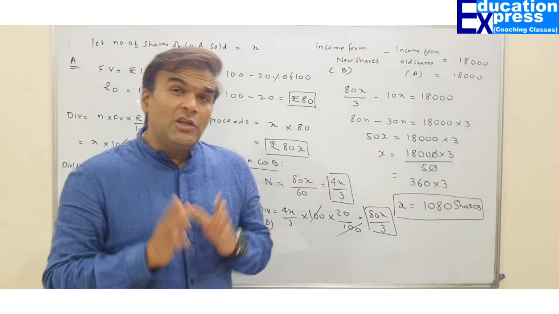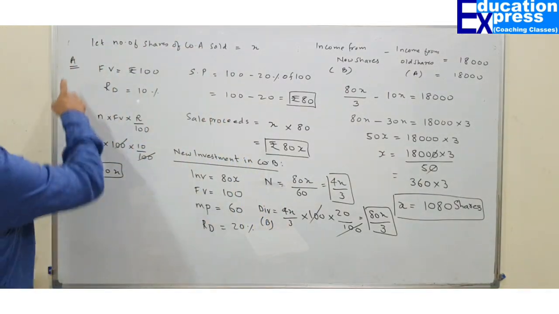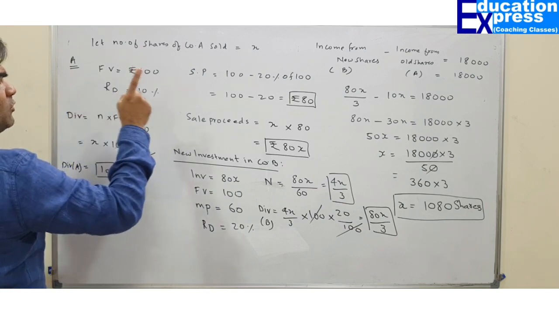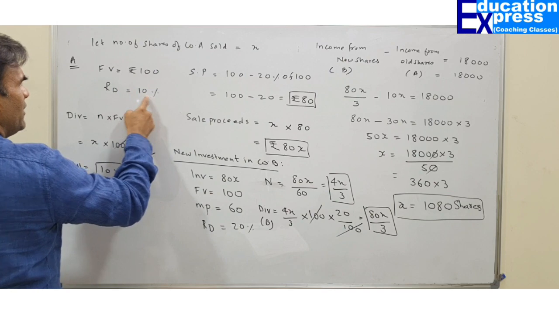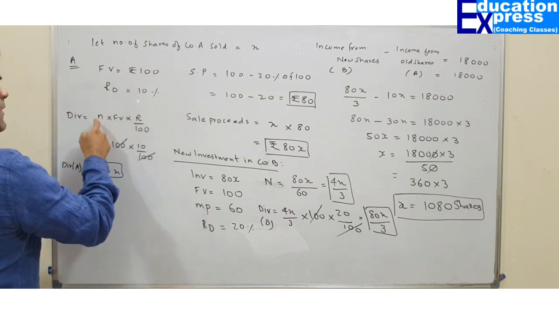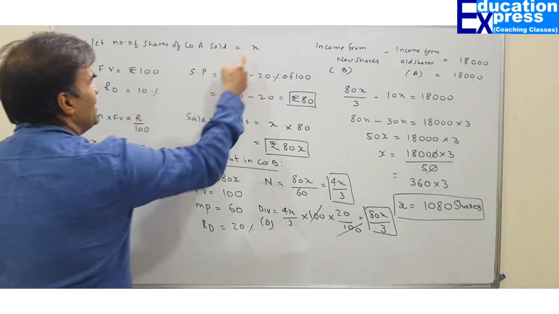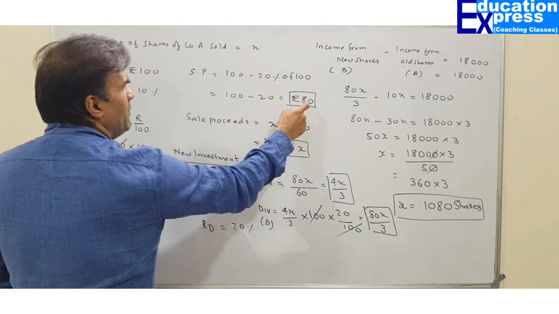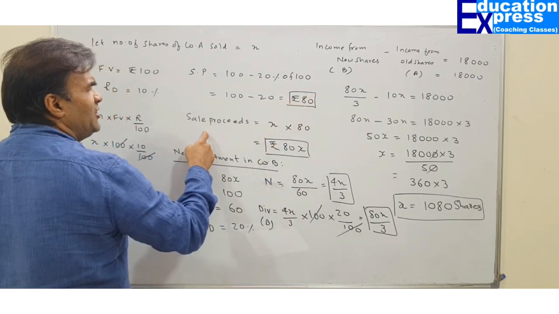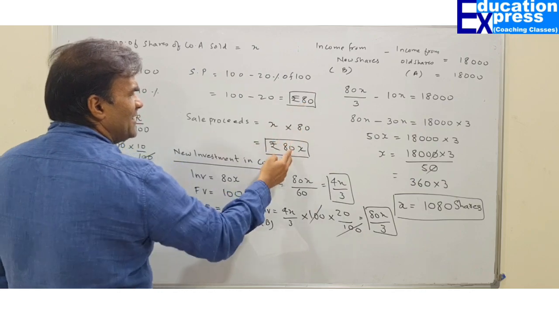My dear friend, the question is not difficult. The question needs to be interpreted properly. I was holding these shares, company A. How many shares did I sell? Sir, x. Face value given. Rate of dividend given. Can you find the dividend of company A? Number of shares, face value, rate upon 100, done sir. What happened to these shares? Sir, I am selling them. At what price? 20% discount, 100 minus 20%, I am selling at 80. How many shares are you selling? x. So how much money will you get? Sir, 80 into x, 80x.